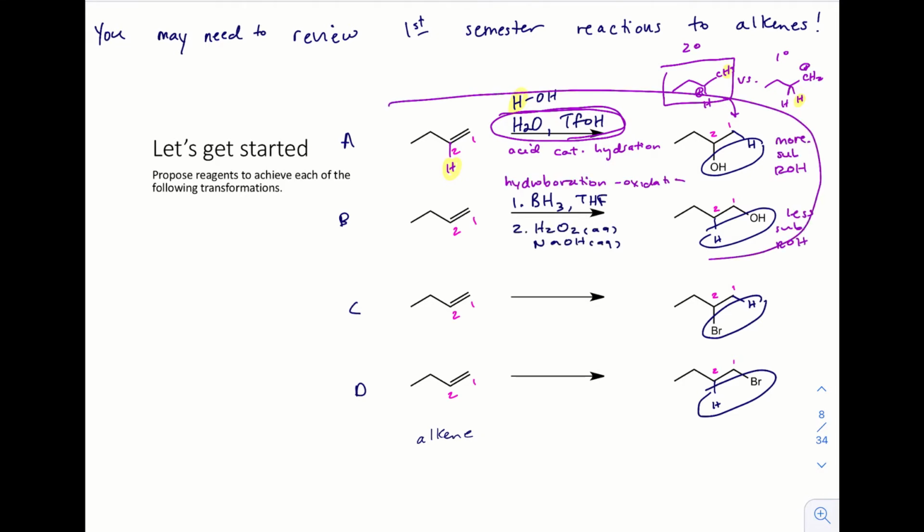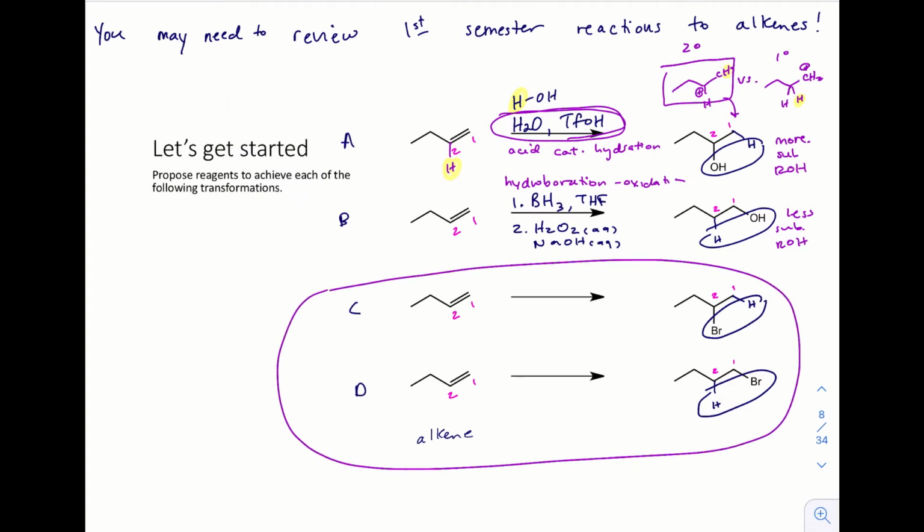Both of these reactions occur under two electron processes. There are heterolytic bond cleavages and bond formations. However, this reaction proceeds via a different mechanism, and so the less substituted product can be formed. Okay, these two are just reviews of Organic Chemistry 1 to get you warmed up